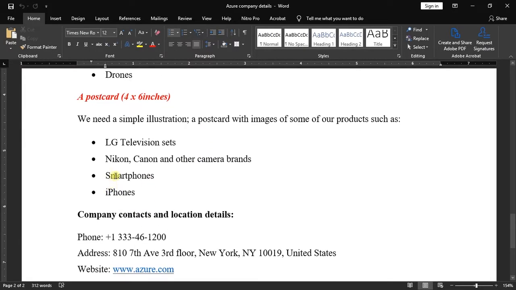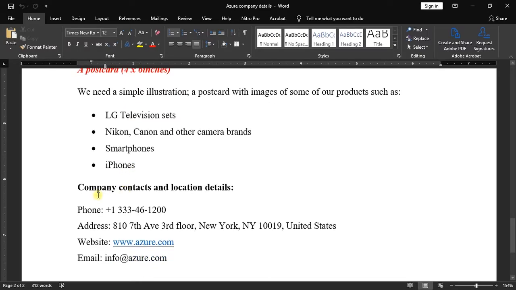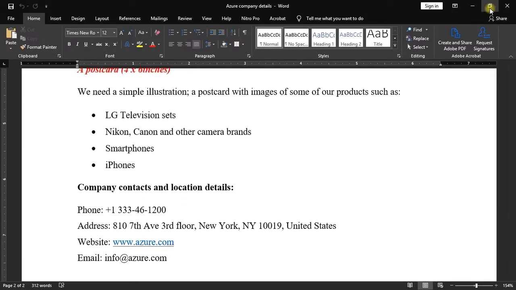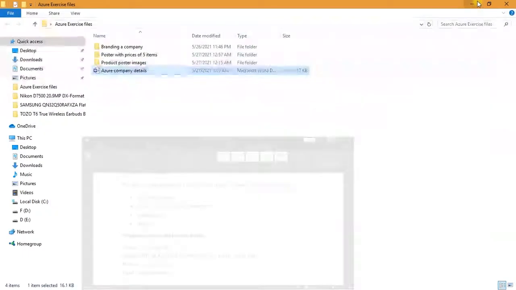So we also need a postcard on smartphones. And the last thing we're going to have is we need a postcard on iPhones. So the company contact details are as below. And so directly we're going to go to our folder, and we're going to be explaining more on what we